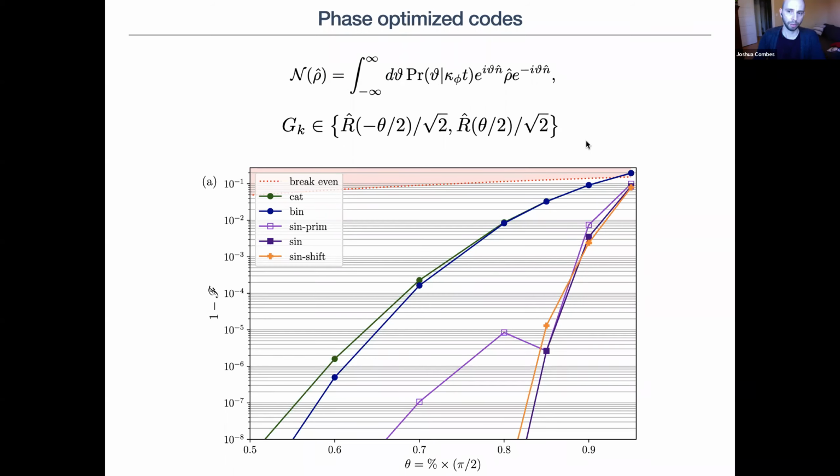which is, I've explicitly drawn the Kraus operators here for the simplest case, and rerun the numerics, we find that we can get a huge separation between codes that people know, like these Cat and Binomial codes, which are depicted up here, and these new phase optimized codes. So if you look, say, for example, at this point here,